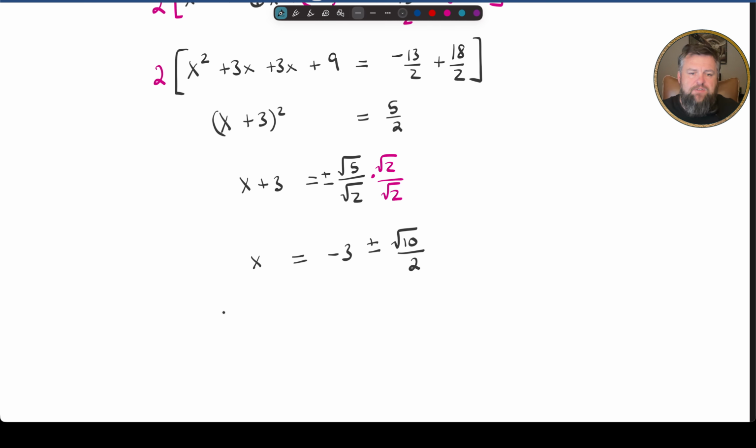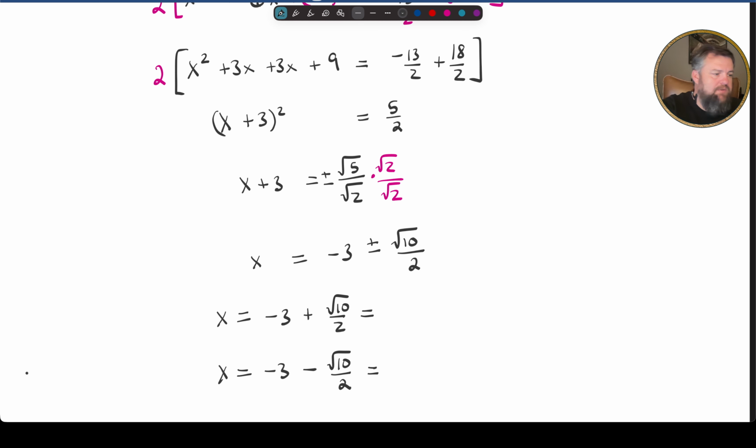So we're going to consider two possible solutions. X is equal to negative 3 plus square root 10 over 2, and we're going to figure out what its decimal value is here in a second. Or x is equal to negative 3 minus square root 10 over 2. It's not or, it's and. Okay, so now let's